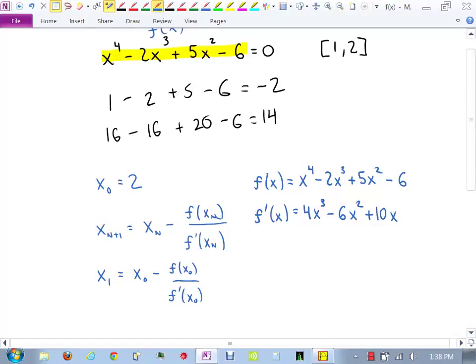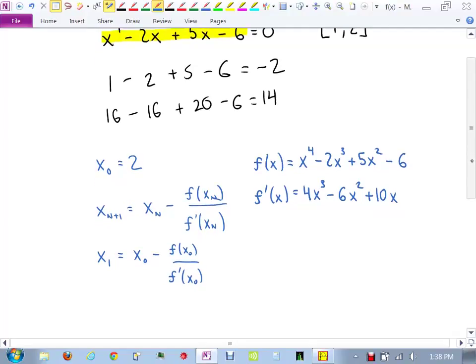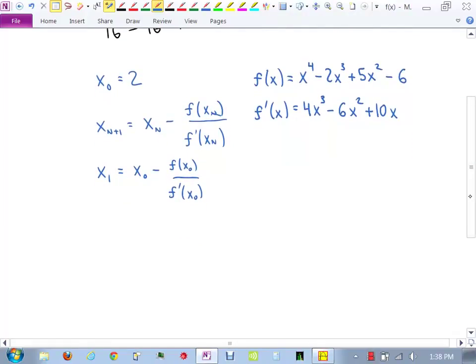So we're going to plug in 2 to start, right? So I'm continuing right here, plugging in 2. So 2 minus f of 2 over f prime of 2, which is 2 minus, now f of 2, didn't we do that a second ago? It was 14. Over